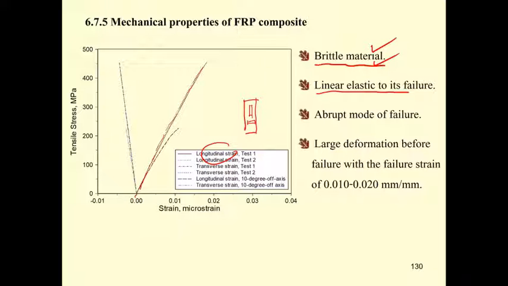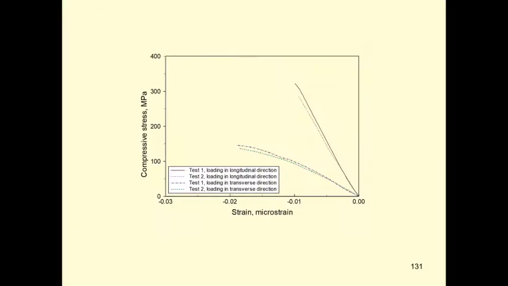So the behavior here is longitudinal, and it can take a lot of stress. That is 450, and also it has very large failure deformation. In our design, usually for the steel, we use only 0.2%. That is going to be very small. If you take the small, the stress is also very small, and you have a lot of large deformation after that. So the design of this is going to be different from those of the steel, and this is strain